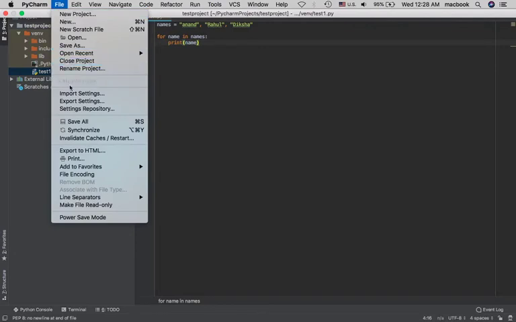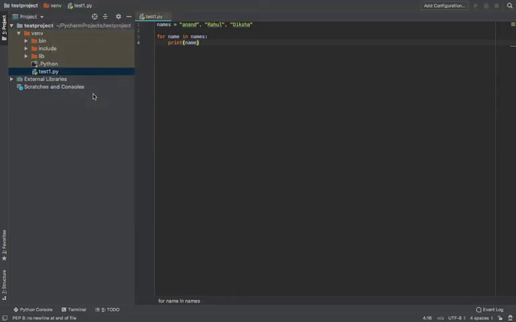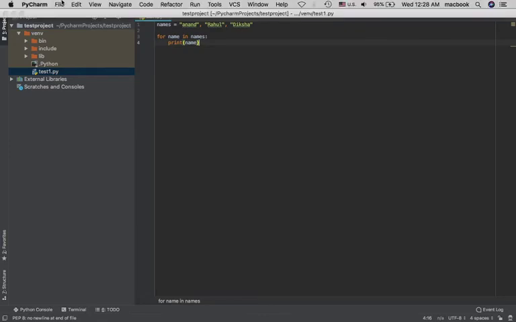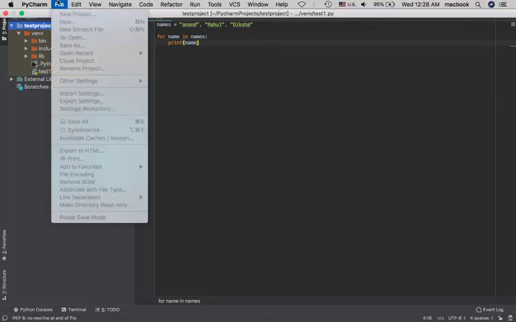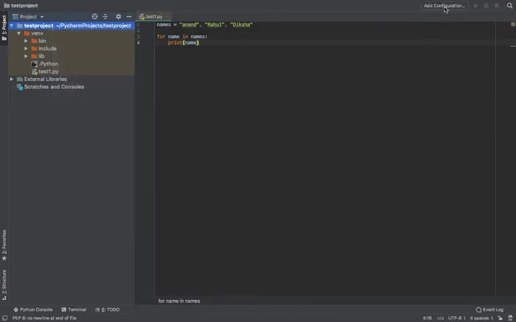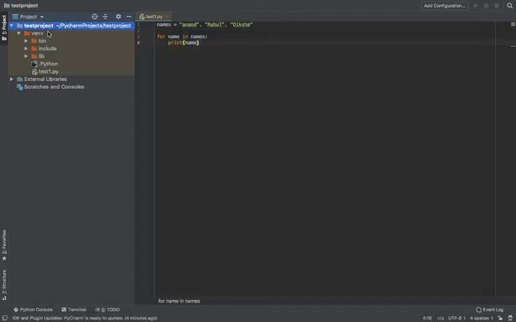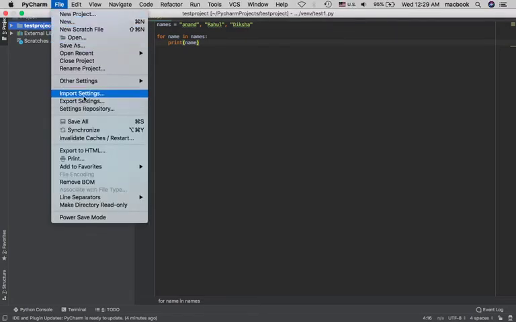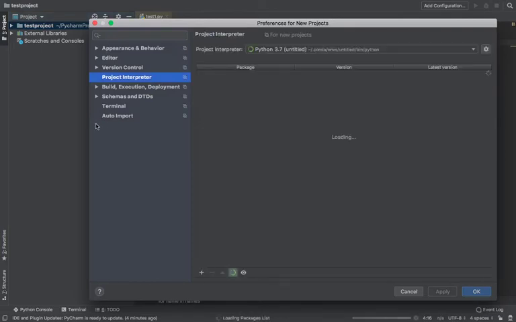So go to file and open the settings, other settings, preferences for new project. Okay, so I have already created Python 3.7.